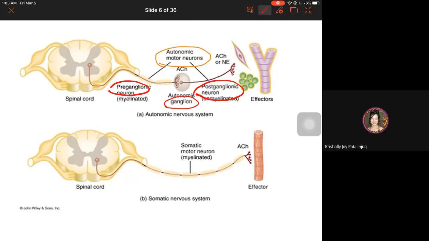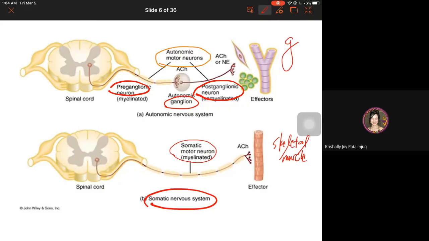So I have discussed this already in the skeletal illustration earlier. Then this illustration below, this is the somatic nervous system. We have the somatic neuron here. That is what we call the single neuron that connects the CNS to the effector organ under the SNS. And what did we say about the effector organ of the SNS, or somatic nervous system? We have skeletal muscles as an example. And for the ANS, effector organs include the glands and the smooth